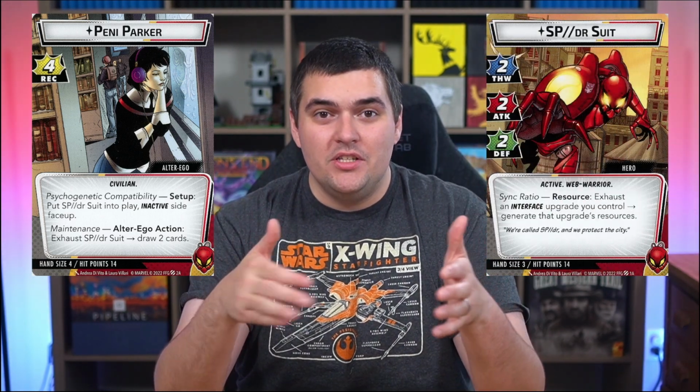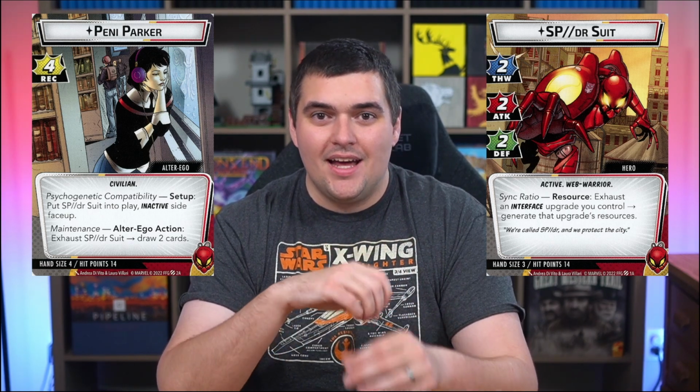She has the smallest hand size we have seen in Marvel Champions. In Alter Ego form, she has a 4 hand size. She can draw with one of her Alter Ego abilities, 2 extra cards to go up to 6. And then in Hero form, she only has 3. You are going to be utilizing these cards to play, not necessarily thinking about these as resources. The interfaces on the table are going to be the resources, and these interfaces are so critical for her to